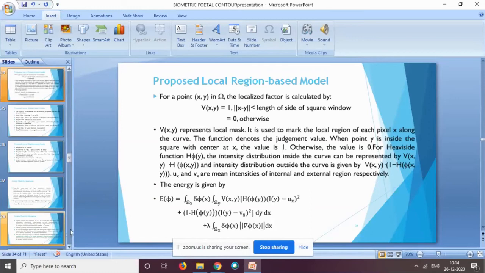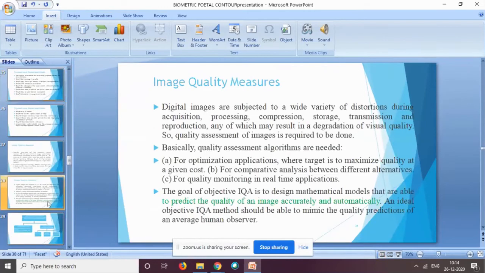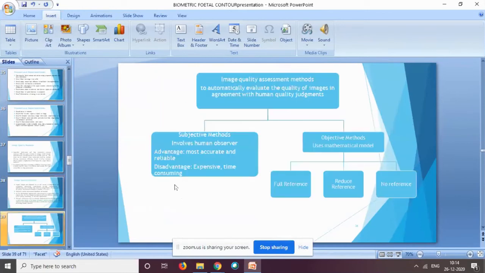Now let's see what parameters I used for evaluating the performance of my algorithm. Basically we have image quality measures: the objective and the subjective quality measures. Subjective methods involve a human observer.